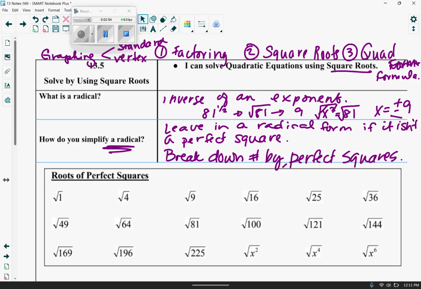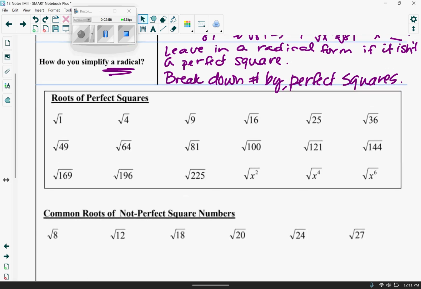So first of all, here's a list of all of our perfect squares, not all of them, but up through 15. So the square root of 1 is 1, square root of 4 is 2, square root of 9 is 3, square root of 16 is 4. I think you guys get the picture. Square root of 25 is 5, 36 is 6, because 6 times 6 is 36. 49 is 7, 64 is 8, 9, 10,